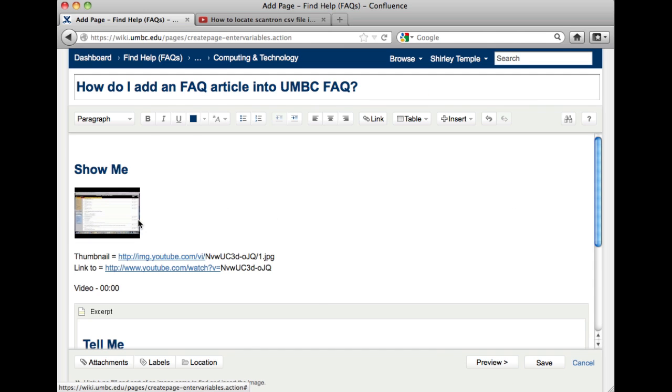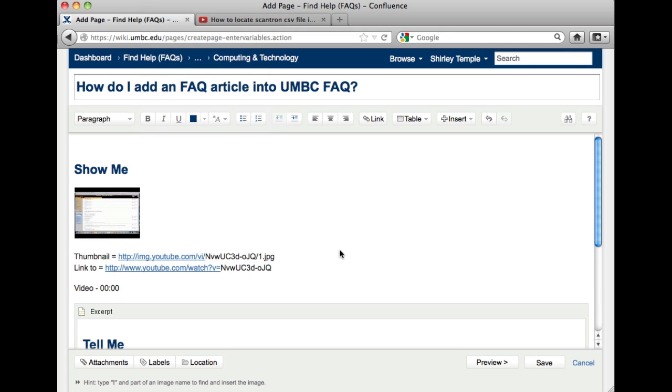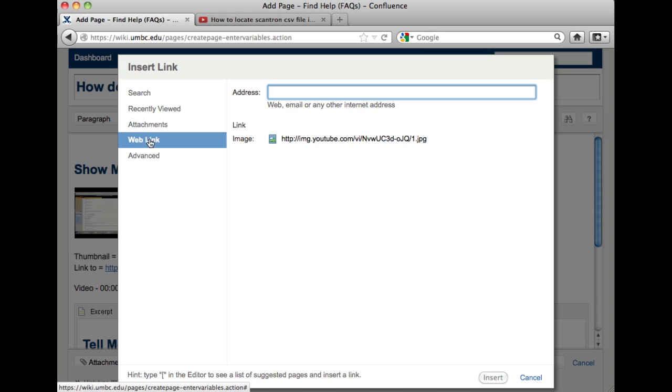Now that your thumbnail is inserted, you need to be able to link that thumbnail into the YouTube video. So we need to highlight the link to equals, so anything that's HTTP only, and we need to copy that. And then click the image again, and you'll get this menu bar. Select link from here, and then make sure that you're selecting web link, and then just type in the address for the YouTube video. Click insert,